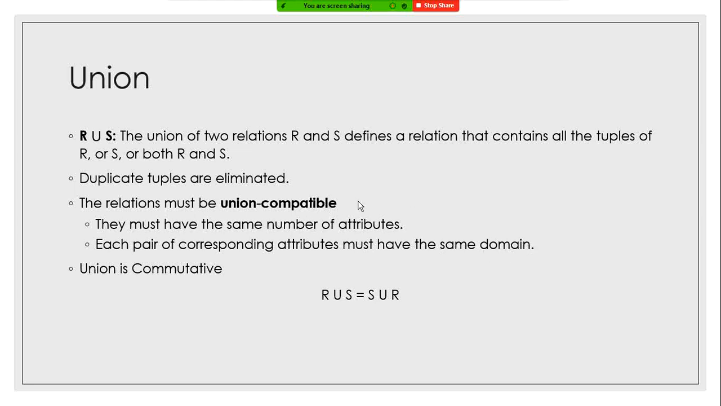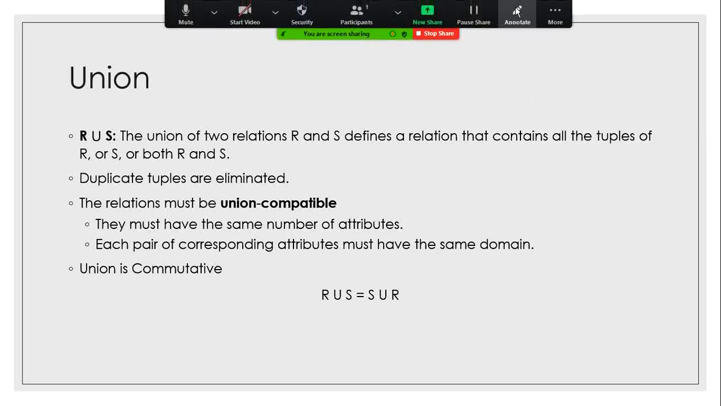So if we are applying the union operation on two tables, they must have the same number of attributes. If we have 3 attributes or columns in the first table, the second table must have 3 attributes, and each pair of corresponding attributes must have the same domain. So if the second column of the first table has data type number, the second column of the second table must also have data type number. Like for example,